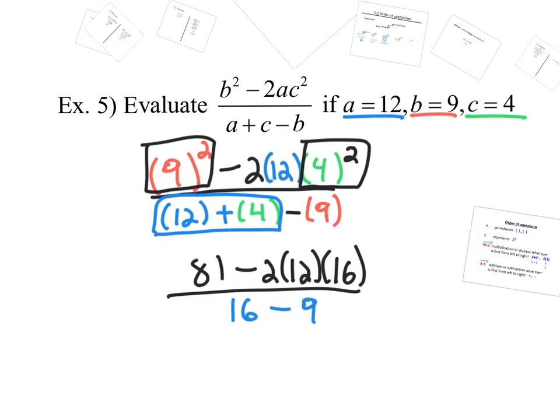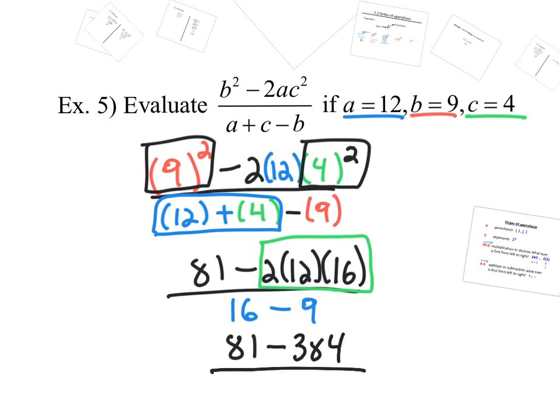And now I go back to the top and I multiply. So I'm going to multiply all of this right here, because multiplication is before subtraction. 81 minus, and I have a 2 times 12 is 24. 24 times 16, that's 384. So I'm going to put 384